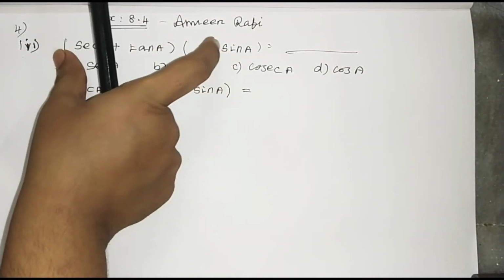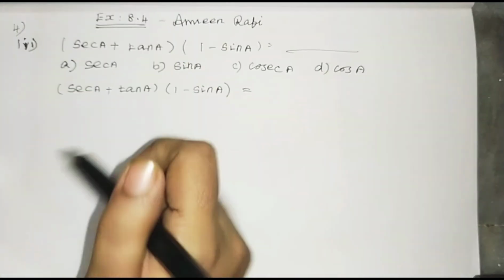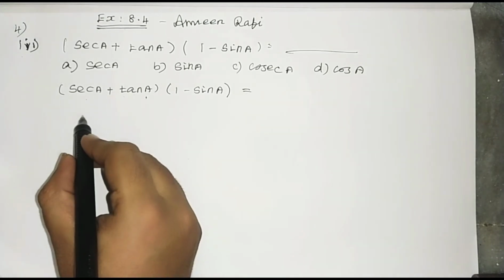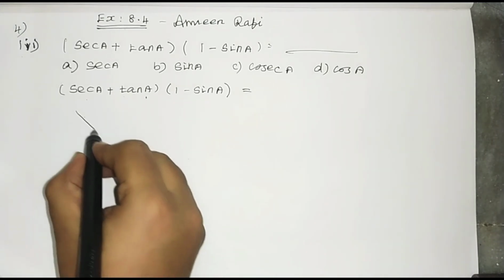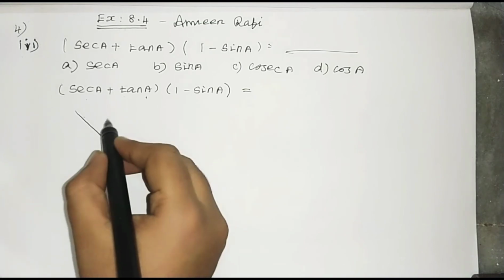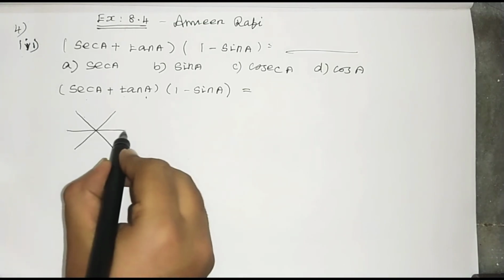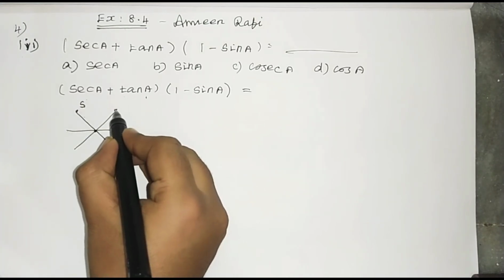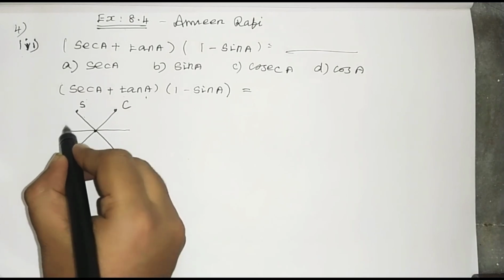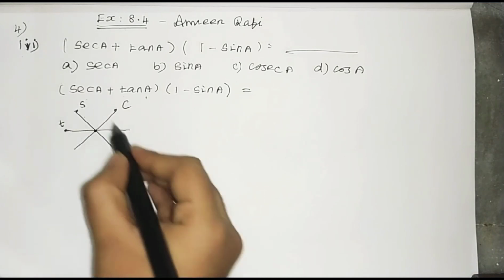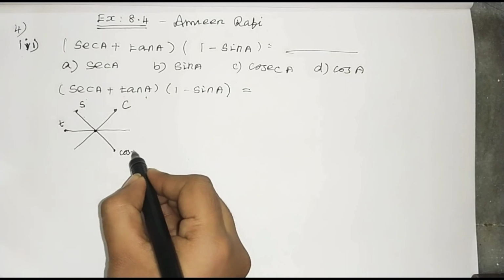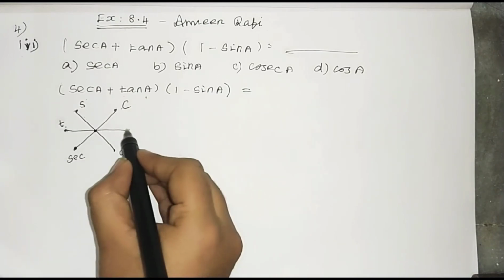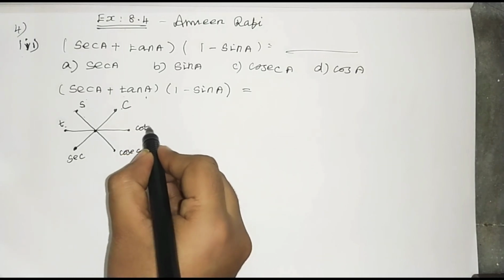So for that, the left hand side I am writing as it is. First bracket, secant A plus tan A. Already you know very well. I will teach you the shortcut method also. Once again, I will recall that here we will consider sin, here we will consider cos, here we will consider tan. The sin reciprocal side we can write cosecant, cos reciprocal side we can write secant, tan reciprocal side we can write cot.